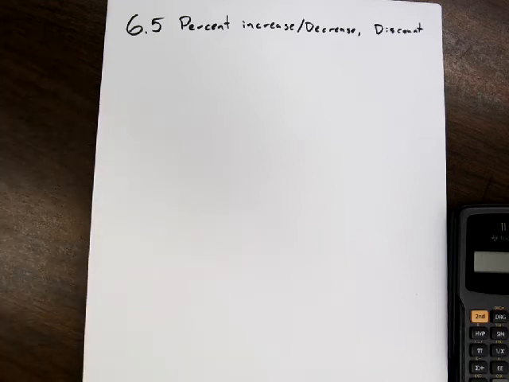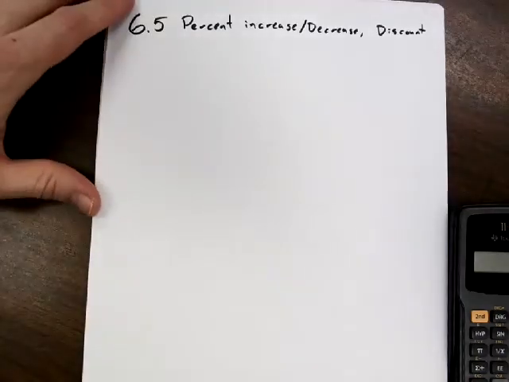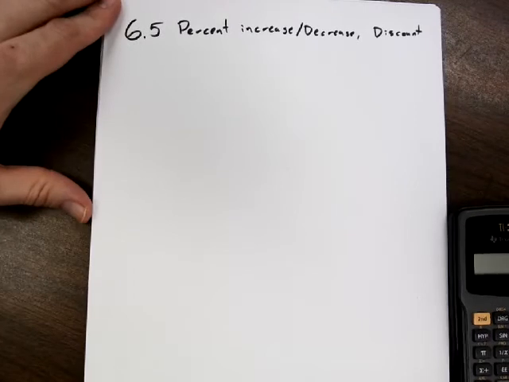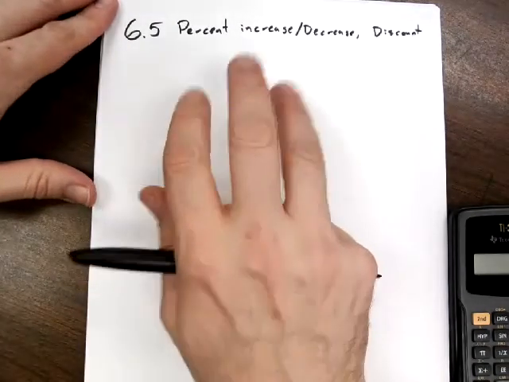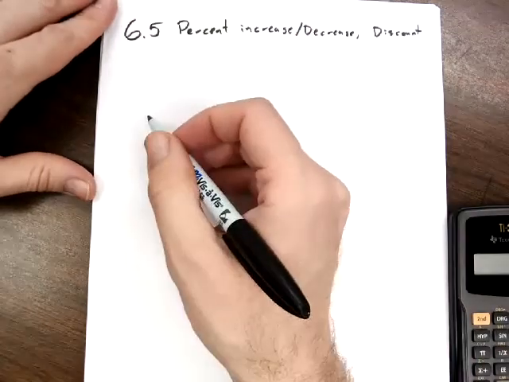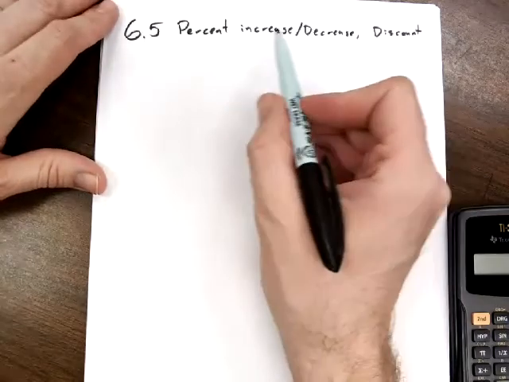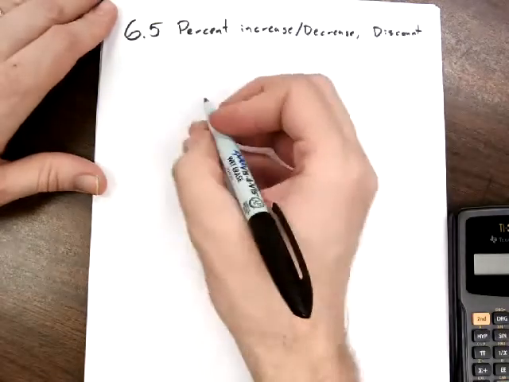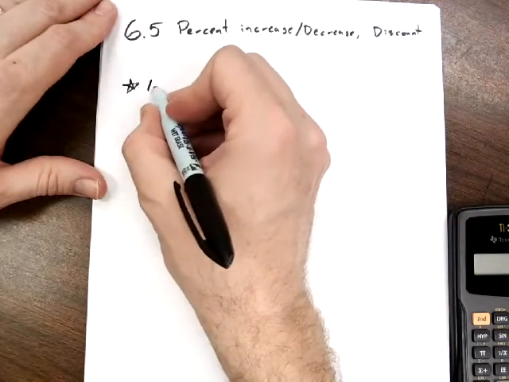All right, let's go ahead and get started talking about percent increase and decrease, and let's also talk a little bit about discount. Now, one of the things that we're going to talk about with this percent increase and decrease is there's kind of a special formula that we can use with this. So what we're going to do is take a look at a couple examples of percent increase and decrease. And what you're going to find when you're organizing your data is you're going to look for